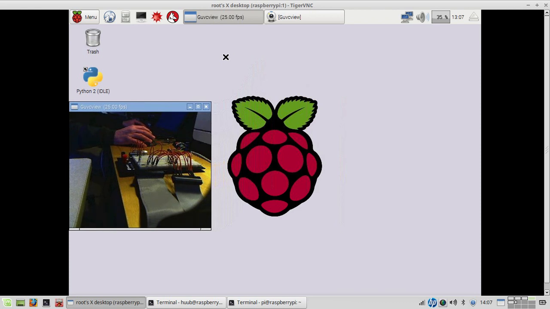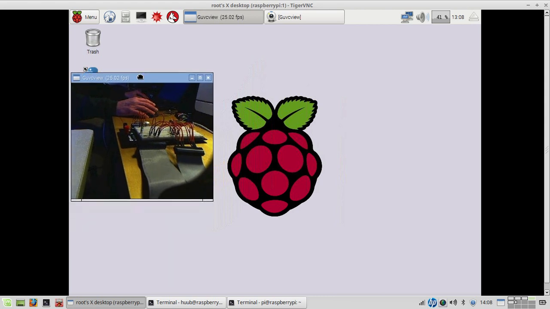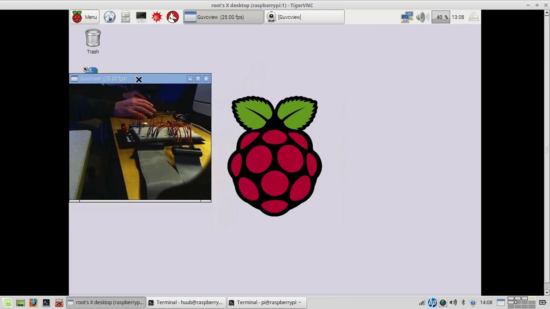I would rather have the VNC desktop for a normal user, or the standard user Pi, but not root. However, I've been testing with the cam, and it turns out that the cam will not work